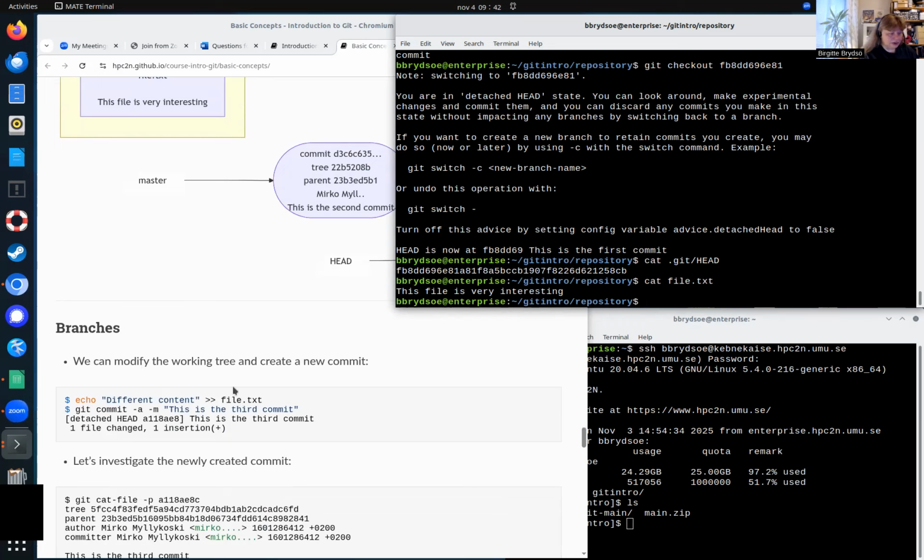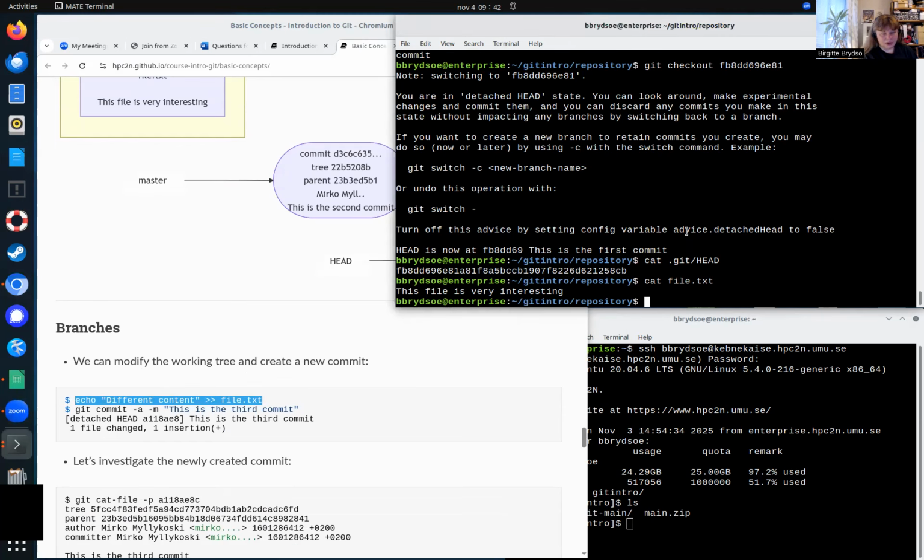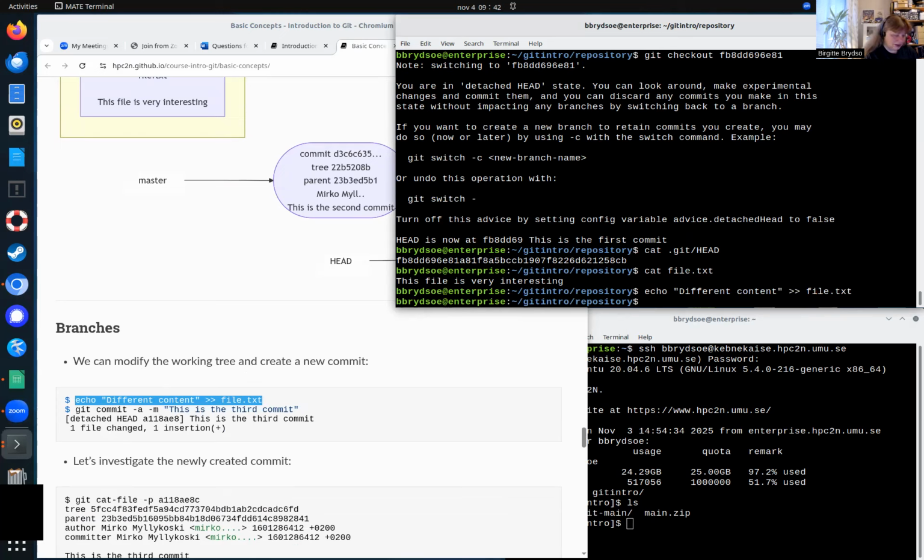And we could now modify the working tree to create a new commit. So I now will make changes to file.txt, even though there actually exist changes to it. So I will do that. I will add some extra content to it. And then I will say,